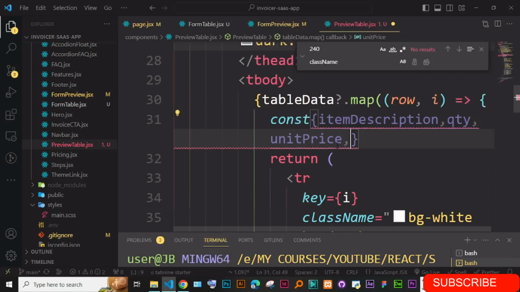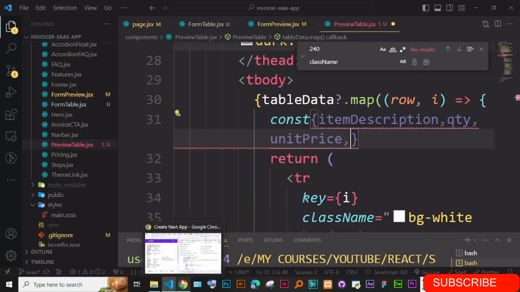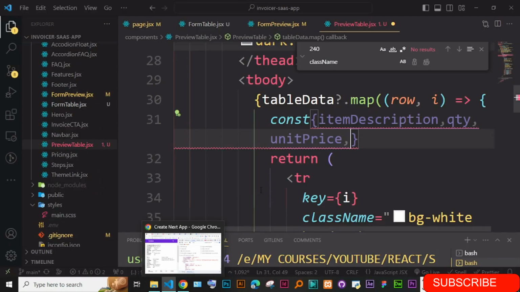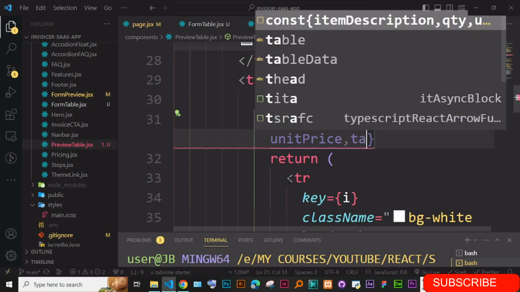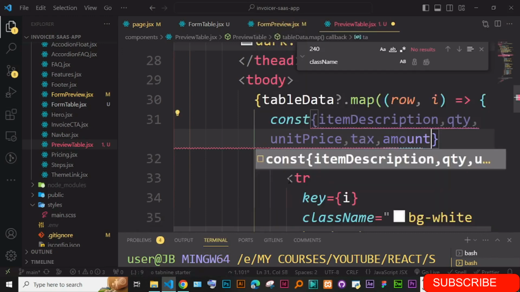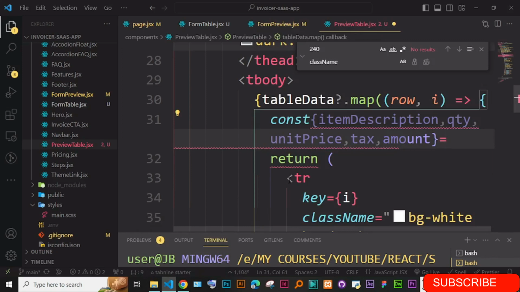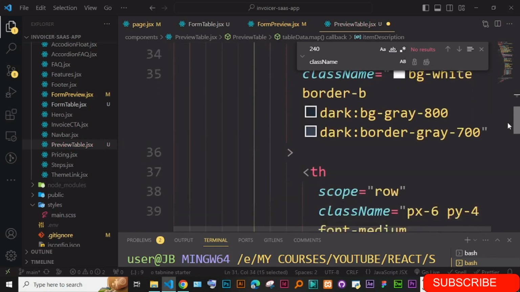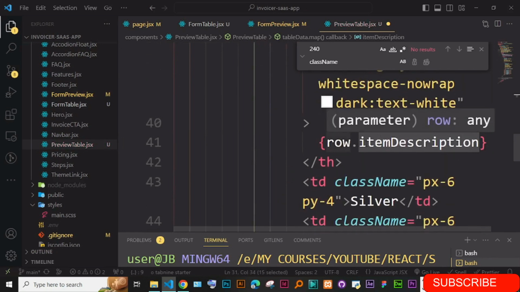Okay, then we have also tax. Okay, we have tax and then amount. So we have tax and then we have amount, and then this is equal to row. Okay, so you can just destructure the row just like this, and then after destructuring, you don't need this dot row. You just simply come and here just say item